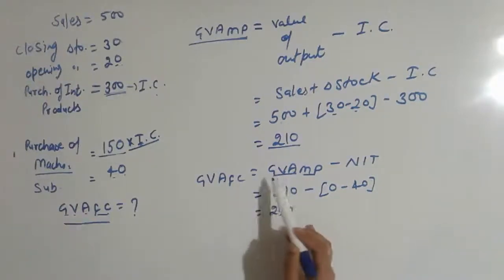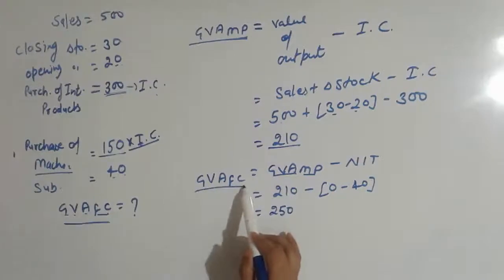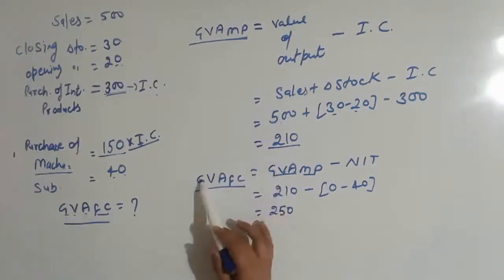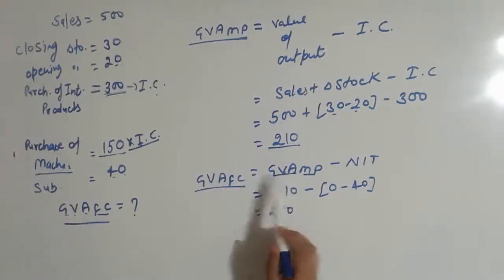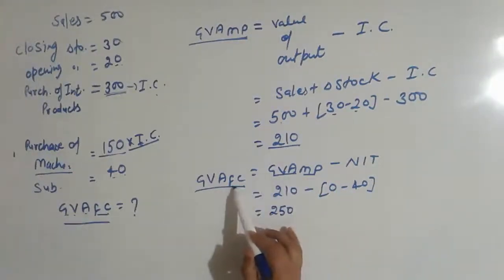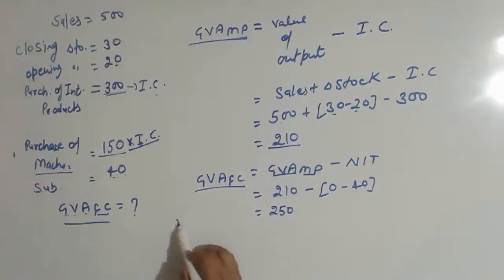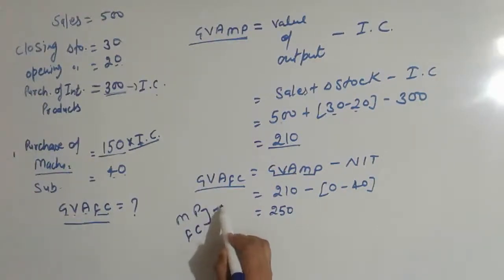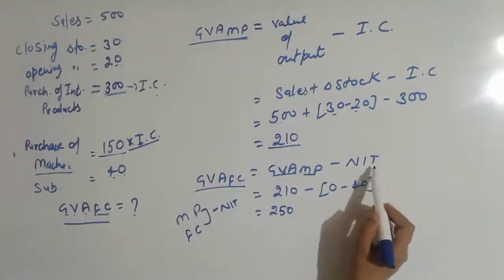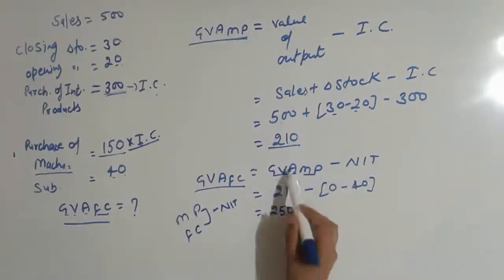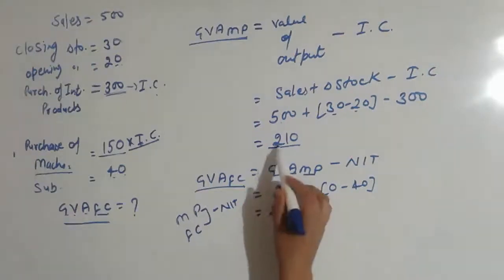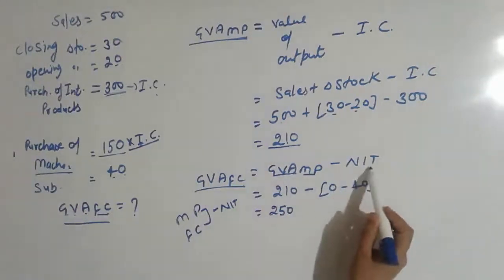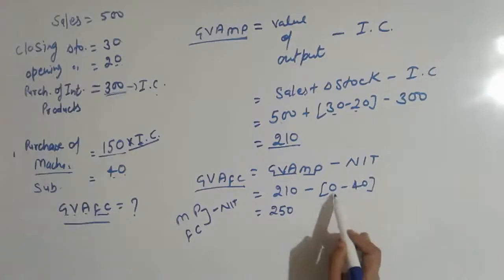So now what adjustment we needed to go to this aggregate? Gross to gross, no adjustment. Value added to value added, no adjustment needed. Market price to factor cost. We know that when we have to move from market price to factor cost, we minus the net indirect tax. So minus NIT. GVA at MP equal to 210 rupees, and NIT, we know the formula of NIT is